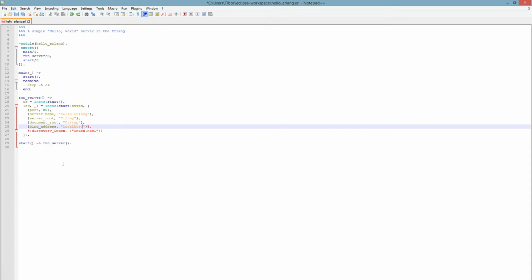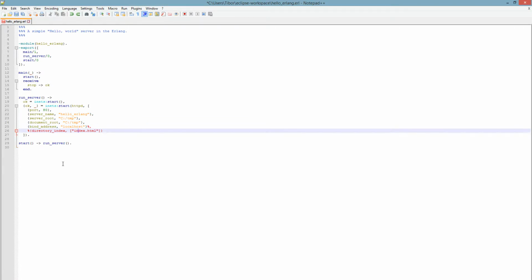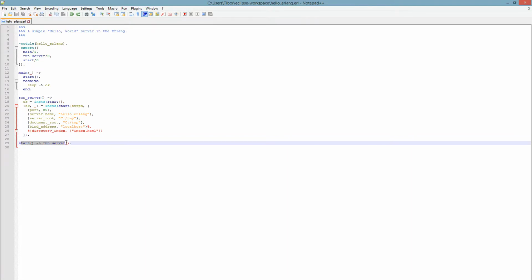But we want to list the directory first, so that is our main goal. We are saving this file. Of course we will run the server itself, sure,